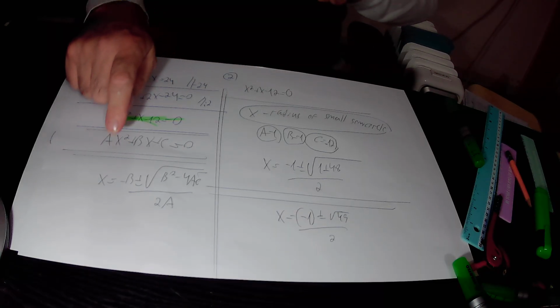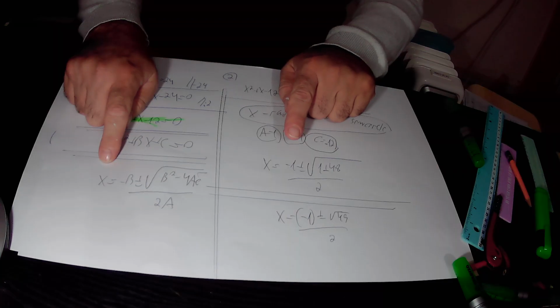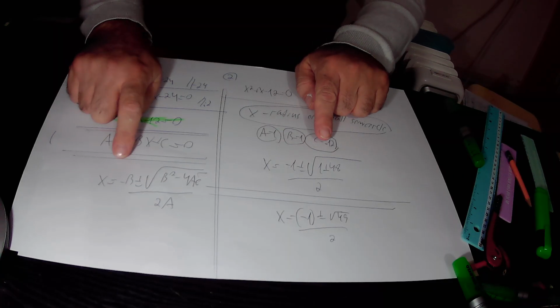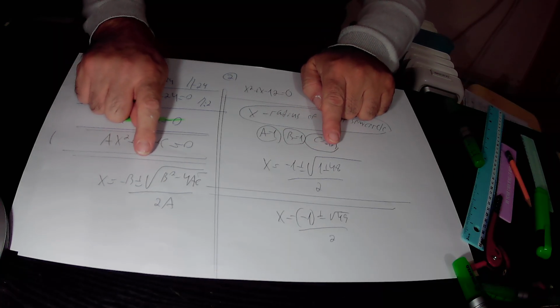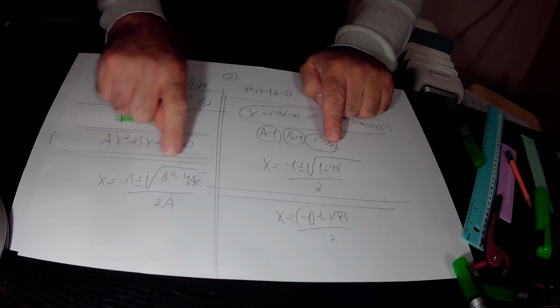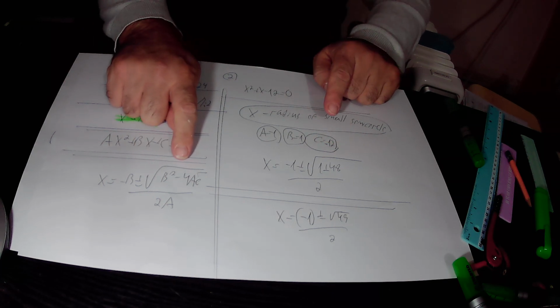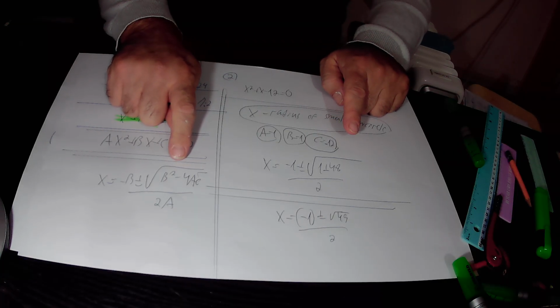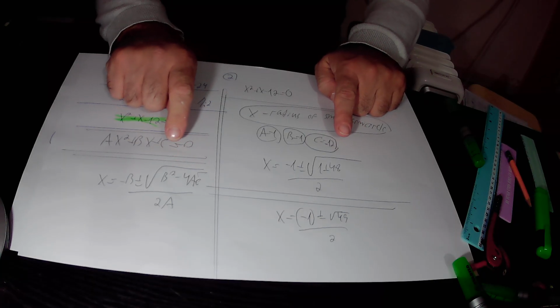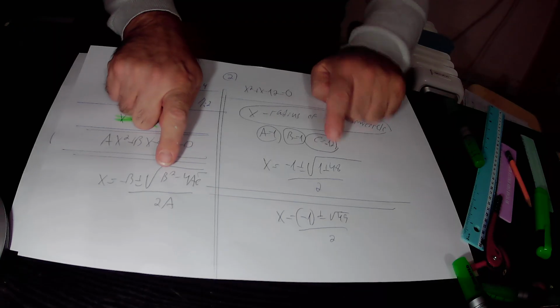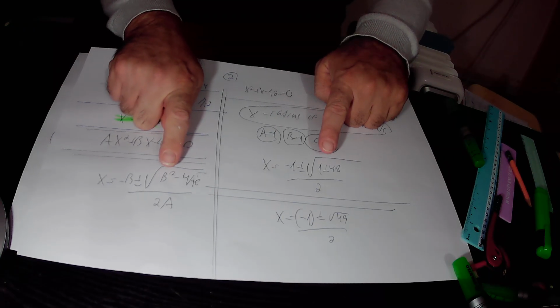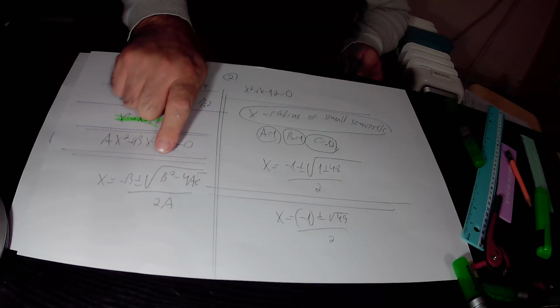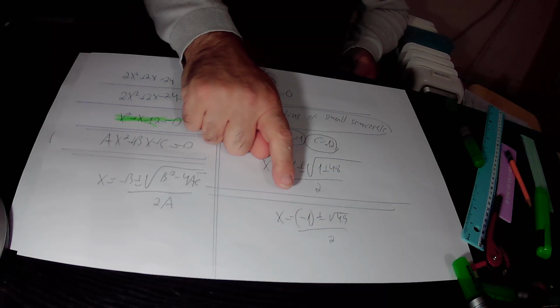We did it, and we found that x equals minus b. B is 1, so minus b is minus 1, plus or minus the square root of b squared. B is 1, so b squared is 1 squared, that is 1, minus 4 times a times c. A is 1, so minus 4 times 1 is minus 4, times c. C is minus 12, so minus 4 times minus 12 is plus 48. So in total inside the root we have 1 plus 48, over 2a. A is 1, so 2a is 2 times 1, that is 2. So in total x equals minus 1 plus or minus